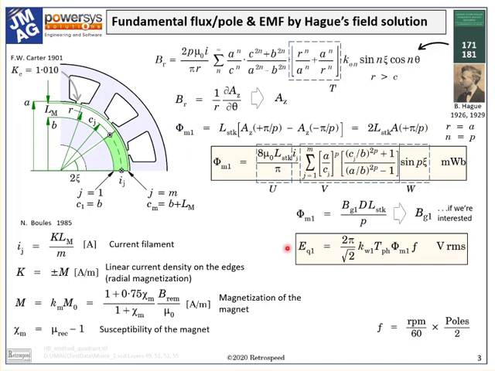I can use this directly in the formula for the fundamental phase EMF using this equation, which is in every textbook on AC machines, including, of course, the Green Book. This is, of course, an open circuit calculation with no current in the winding. And you can see in here I have grouped some of these expressions together with labels T, U, V, W to help in the calculation process.